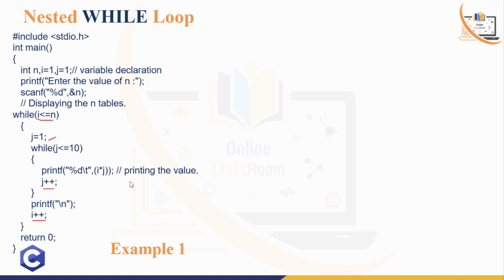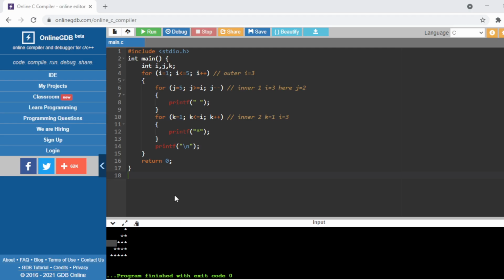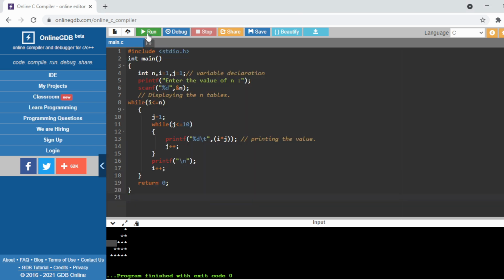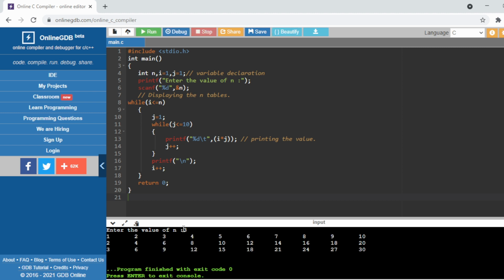Now again, let's run this code in a compiler. The output is: enter the value of n. Suppose I give the value of n as 3, and now you will get the same output. The working style is the same as the for loop, right?